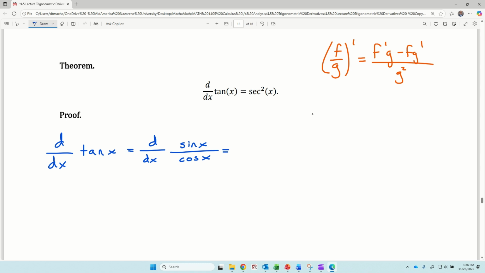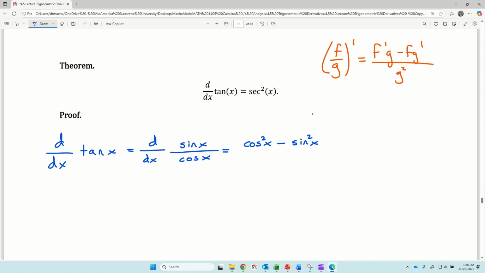We're going to get the derivative of sine, which is cosine of x, times the denominator, which is cosine of x, minus the numerator, which is sine of x, times the derivative of the denominator, and the derivative of cosine is